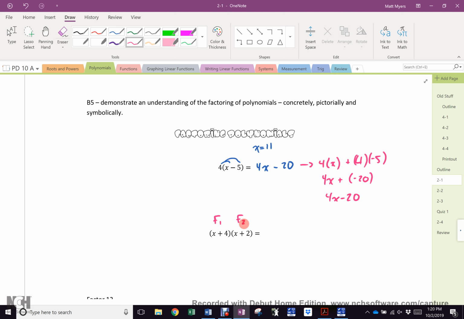But don't fall into the trap of first, outside, inside, last if there is more than a binomial and a binomial. Learn what is actually happening. And what is actually happening is the x distributes twice and the 4 distributes twice. And I get